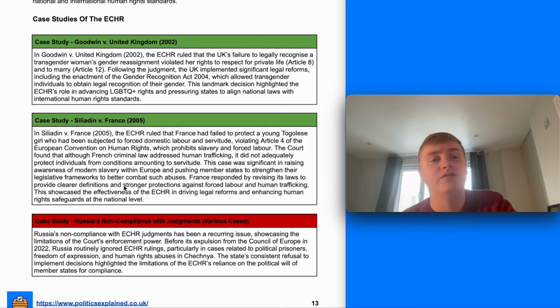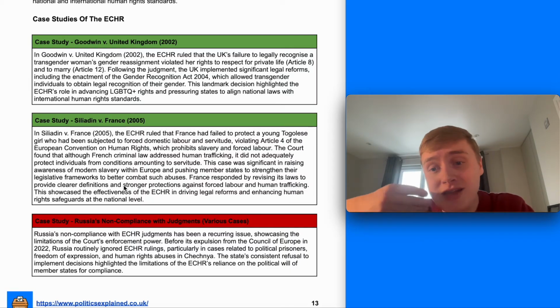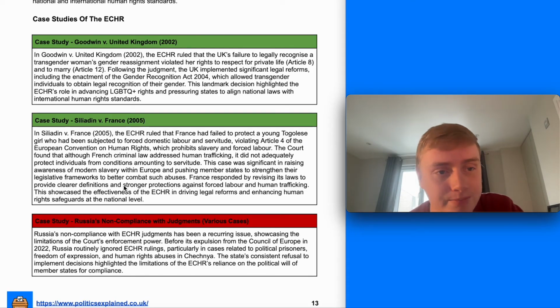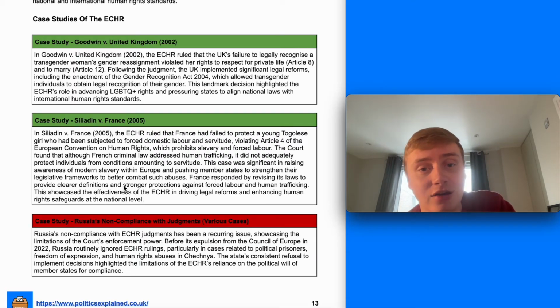The first of these is Goodwin versus the United Kingdom, where the ECHR ruled that the UK's failure to legally recognise a transgender woman's gender reassignment violated her right to respect for a private life. Following the judgment, the UK implemented significant legal reforms to ensure that its law was updated to be compliant with the ECHR, including the enactment of the Gender Recognition Act of 2004, which allowed transgender individuals to obtain legal recognition of their gender. This highlighted the ECHR's role in advancing LGBTQ+ rights and pressuring states to align national laws with international human